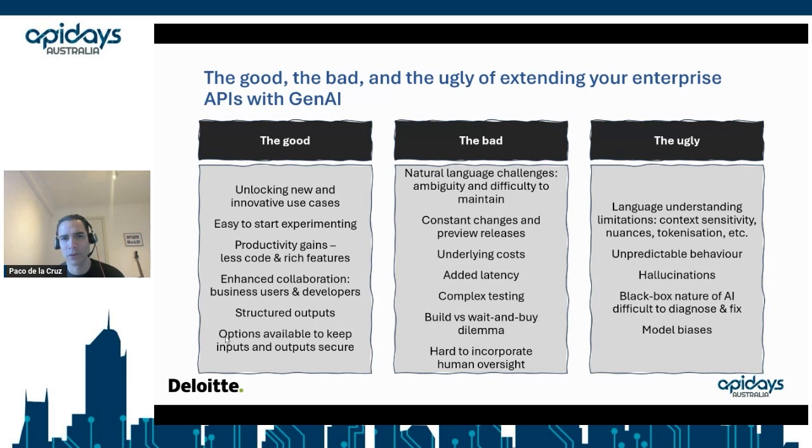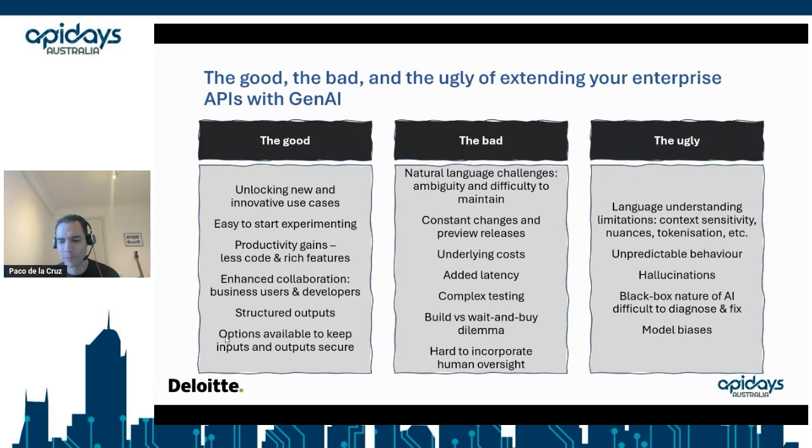Now, it's not all good, right? So natural language is ambiguous, right? If you have the business rules, then it's going to be hard for someone else to probably change the business rules, or you might start having many different styles there, right? So it can be ambiguous, can be difficult to maintain as well. Once you start having hundreds of business rules, then it might be hard to maintain in my use case, right? But in general, natural language is ambiguous.